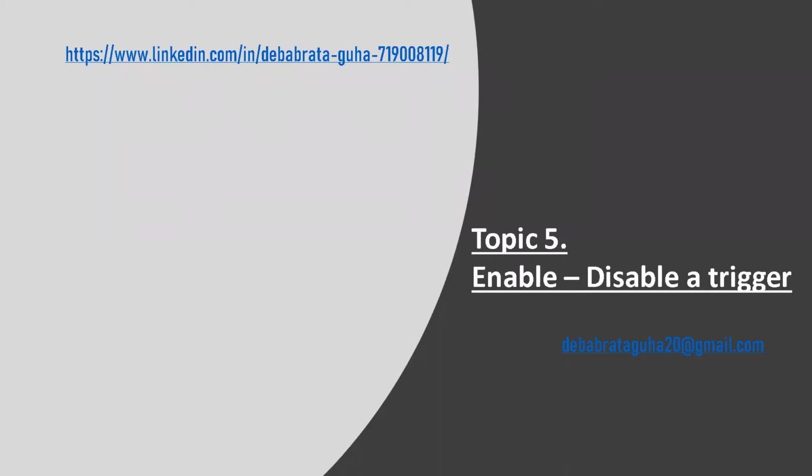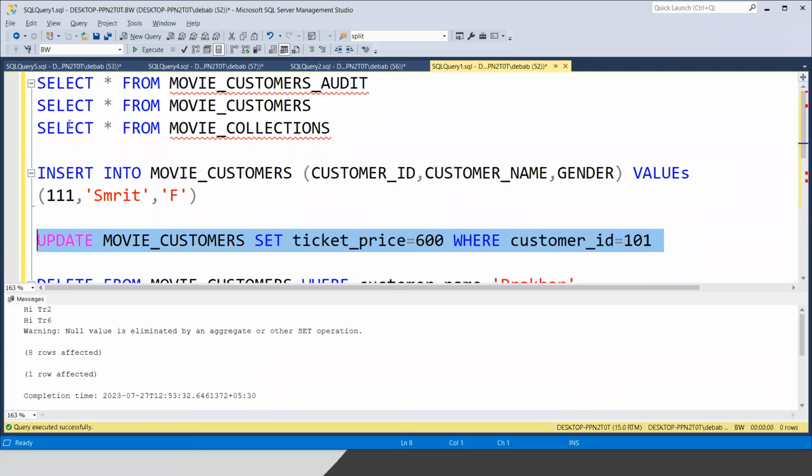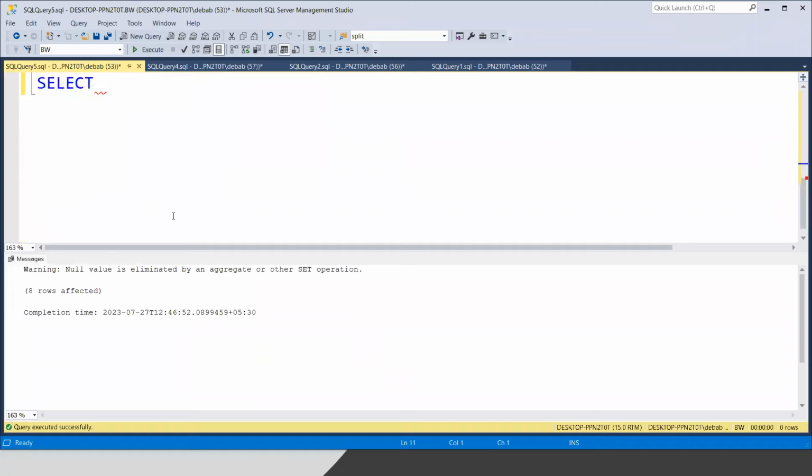The last topic for the day, it is very simple. If you do not want to drop something, but you want to disable something, that is also okay. Because probably after a few months, you might require that once again. And there is no meaning to spend some time again creating it. So it is better to disable some trigger as well. So how to disable a trigger? Just simply write DISABLE TRIGGER